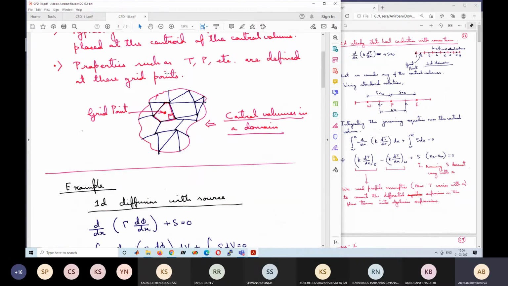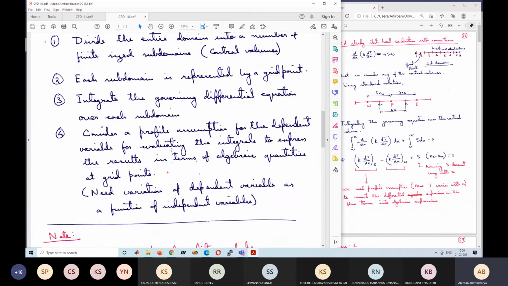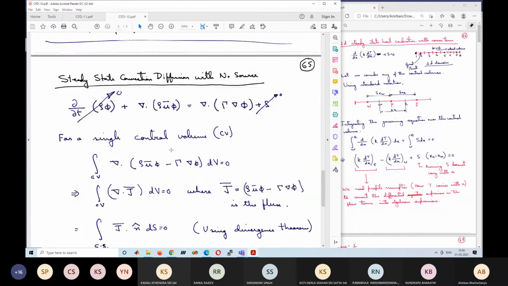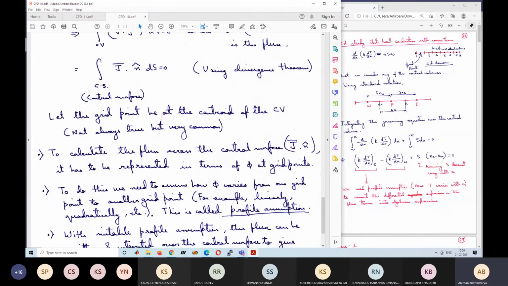So whatever is the flux coming in should be equal to the flux going out. So the net flux over the entire domain is equal to 0. Okay, that is the meaning of this expression, j dot n ds equal to 0. It may look complicated at this point to you, but for our simple examples of rectangles and cubes, this will be a simple expression. Okay. So in this integral over the control surface of j dot n ds equal to 0, using divergence theorem.